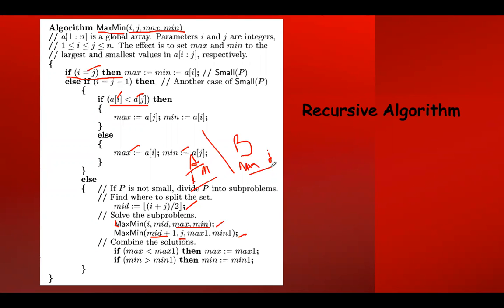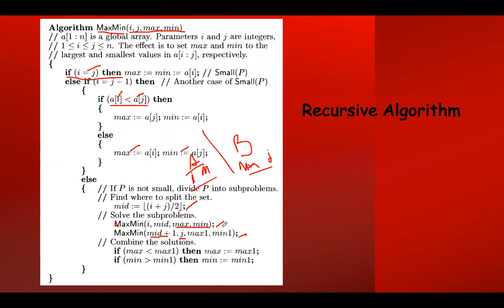Is it clear? Two elements from part A, two elements from part B. So divide and conquer. Divide means we have divided and we have applied the algorithm. That part is over. Next, we have to combine. How are we going to combine? You have four elements now. Among these two, you have to check which one is max. Among these two, you have to check which one is minimum. Then we'll get the maximum and minimum element of the entire array.